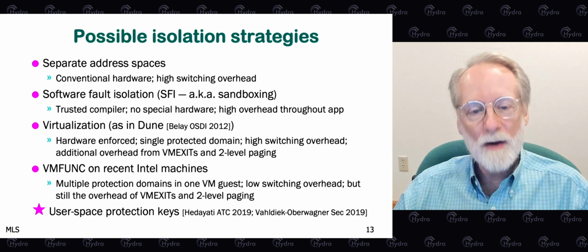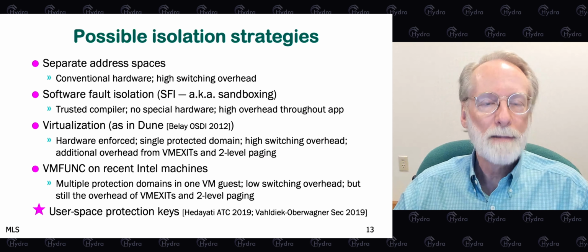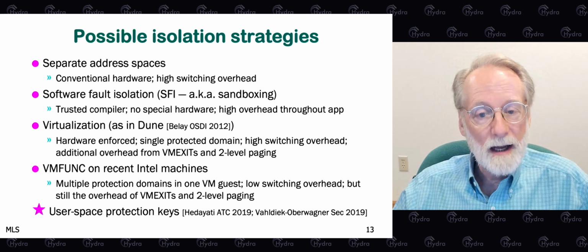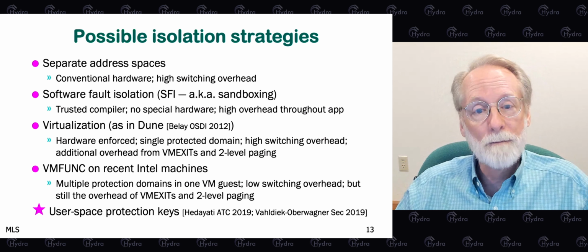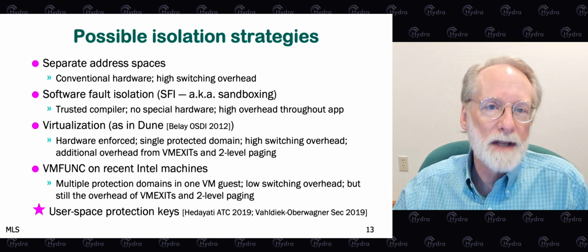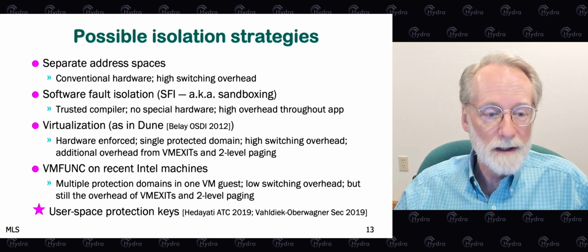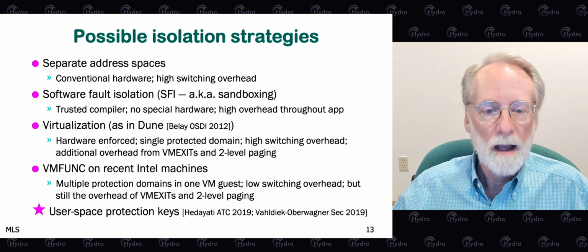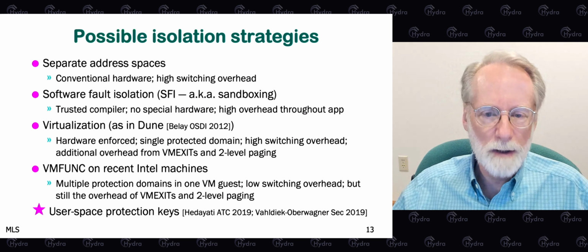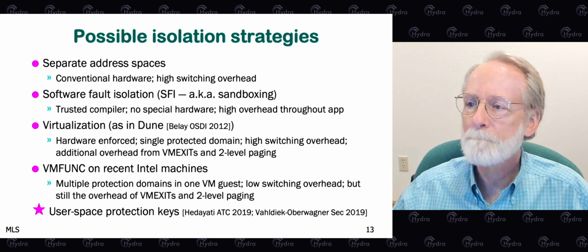And finally, again on recent Intel machines, there's a mechanism called user space protection keys. PKU is Intel's abbreviation. It stands for Protections for User Space. It's an idea that comes from a long tradition at IBM all the way back to the IBM 370 that basically allows an application to reduce its access rights when it wants. And this is the mechanism that we've ended up using primarily in Hodor. It's also been used in a concurrently developed system called ARM at the Max Planck Institute, and that's the other paper that I've mentioned in the citation on the slide.